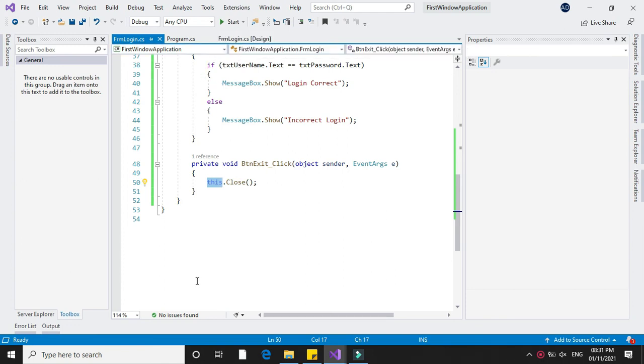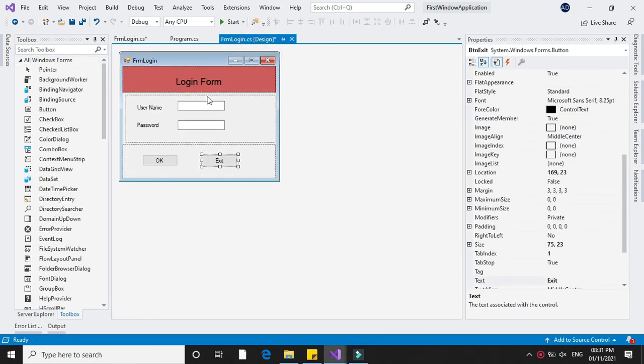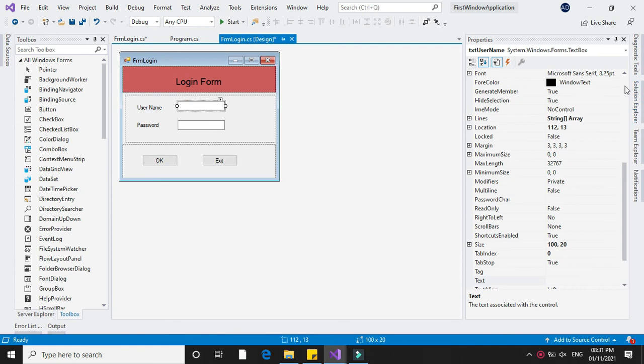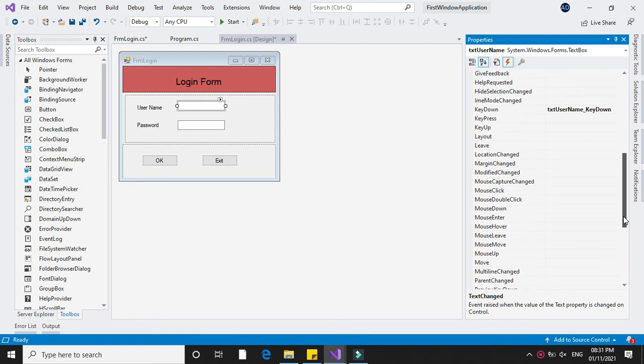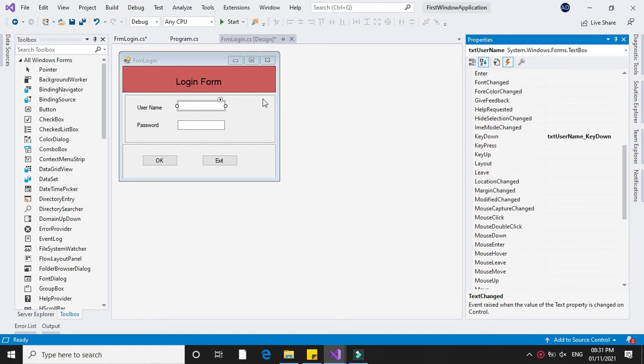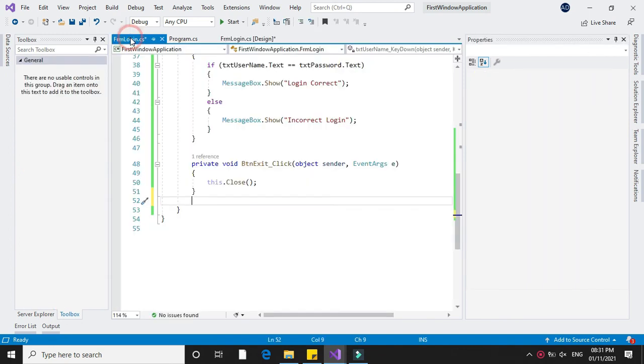Since this event is not available in the event window, you have to write it using event handler. To write it, go to coding window and just write two methods, on focus and on lost focus.